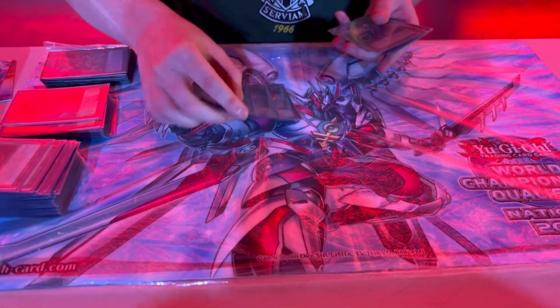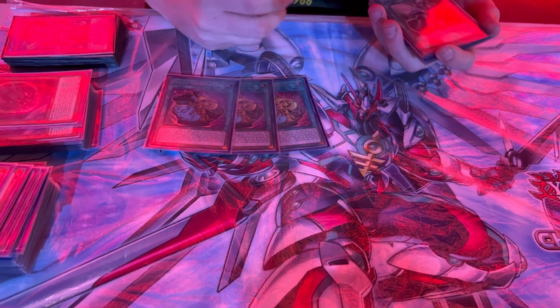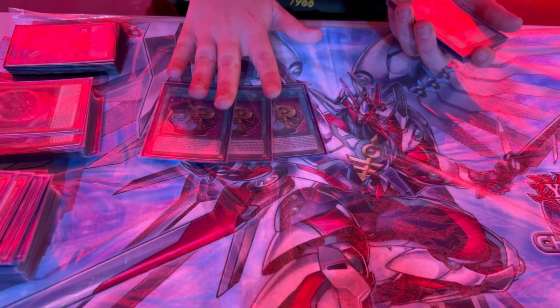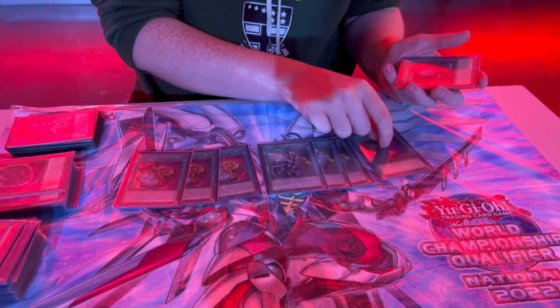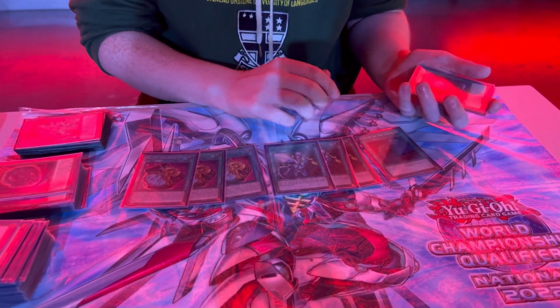And then 3 High Prosperity for consistency. Because, like I say, sometimes you open a lot of one engine and not the other, so this helps us find the other half of the 2 engines. And then it also helps us dig for the 3 Crossout and the Cold Buy, because this deck can break